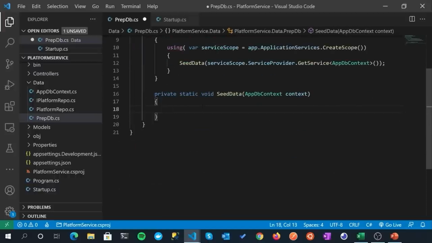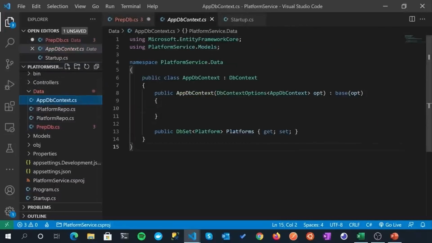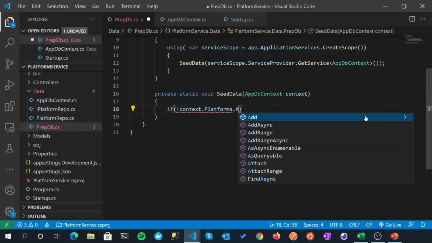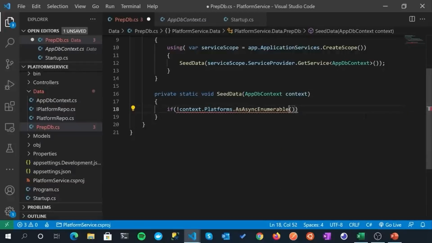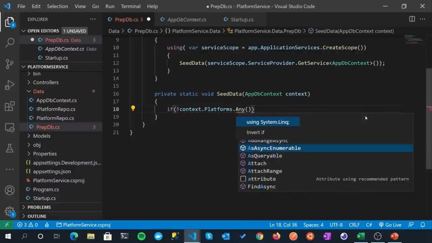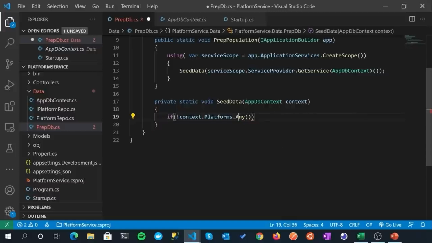Just making sure I'm indented in the right place. The first thing I want to check is whether we have any data in our database relating to platforms at all. So we'll make use of our context and look at our Platforms instance, which, if you come back over to AppDbContext, is just referencing this here. Then we can use the Any syntax, probably having to bring in LINQ here. There we go, we're getting autocorrect because we don't have the LINQ reference, so let's add using System.Linq.